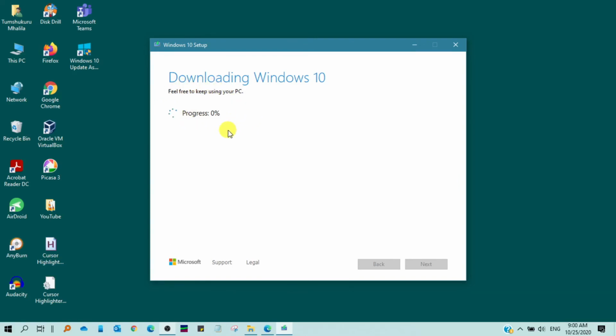So by using the media creation tool and Update Assistant, both methods will require you to perform the reinstallation